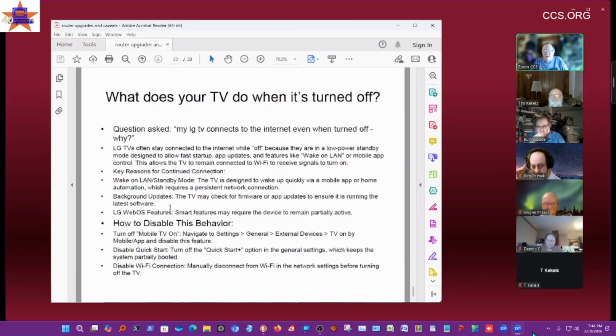Any of the other LG webOS features might also require it to remain active. If you want to use your phone as a remote control, that would be one reason it has to stay on. Do you want to turn this off? Yes, you can. You can go in and turn off your mobile TV settings. You can disable the quick start, but the downside is when somebody goes to turn on that TV,